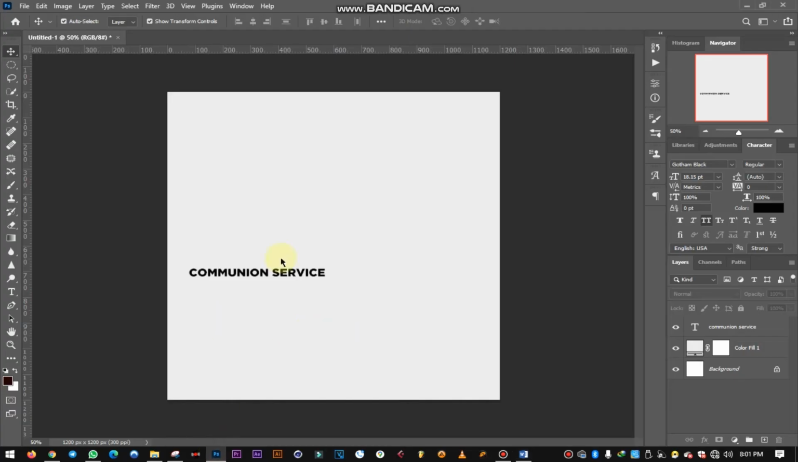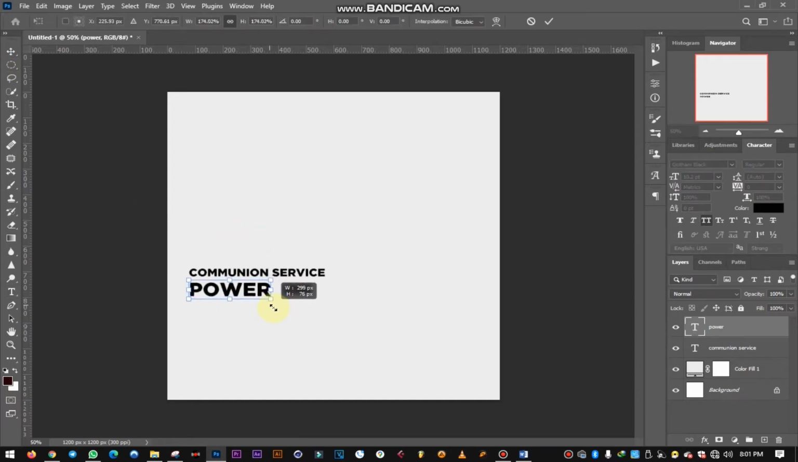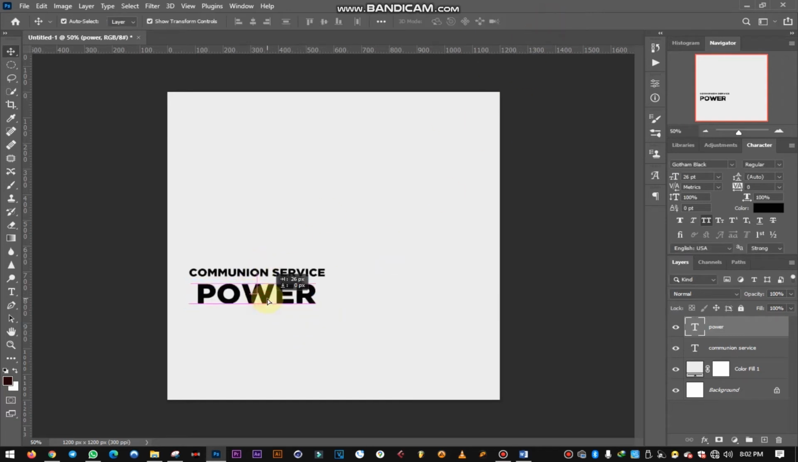get to Photoshop, then I'll duplicate this by holding alt on my keyboard, then I type tool to highlight, then paste. I'm using the font Godam Black. Then I'll resize this to what I actually want. Then I will hold on my alt key,